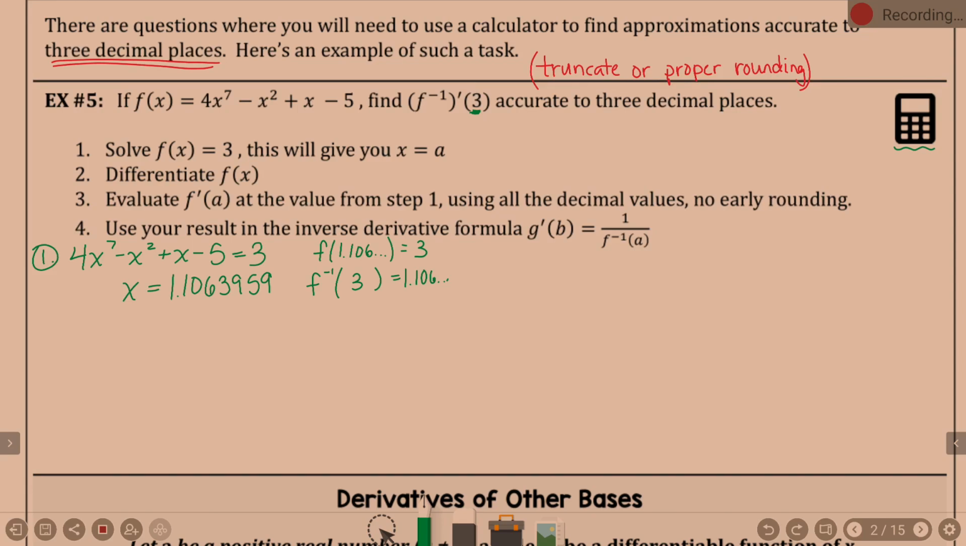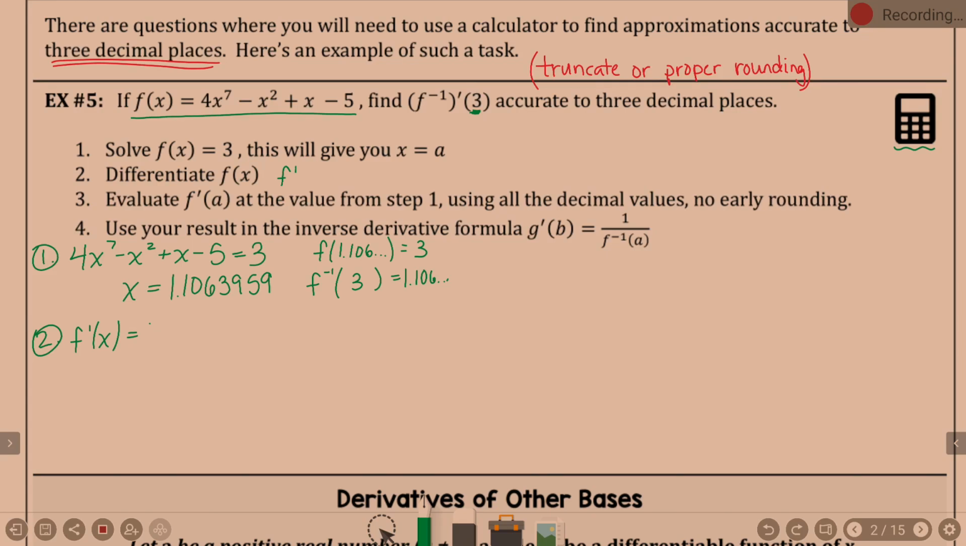Now, step 2. It says to differentiate f of x. Okay, this is easy. Remember the easy derivatives? What's f prime of x? What? F of x is this up here. Oh, I didn't understand the question. Differentiate means take the